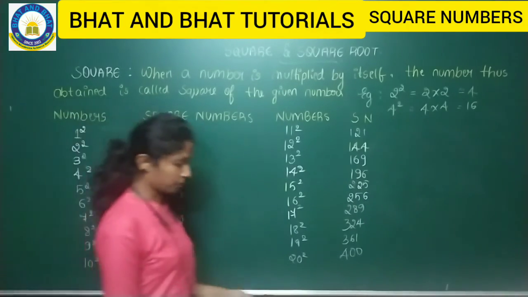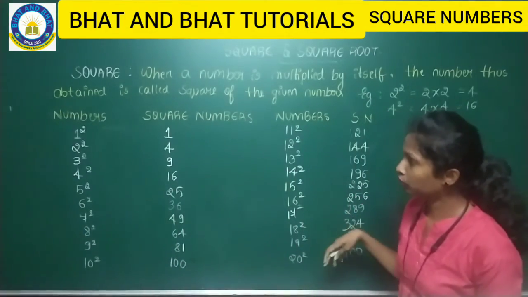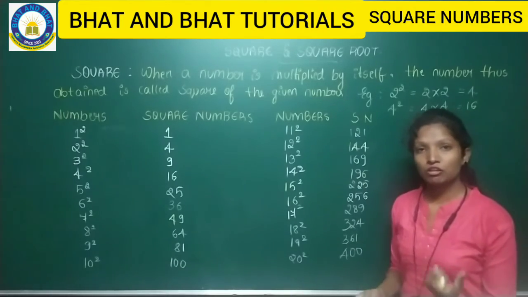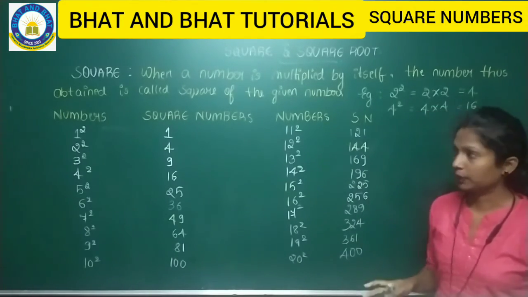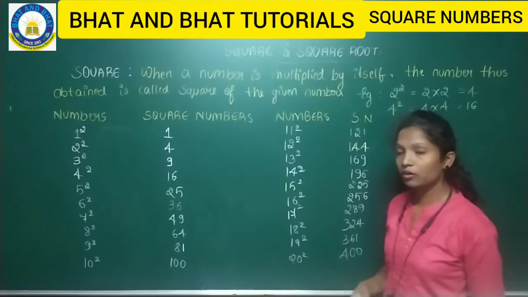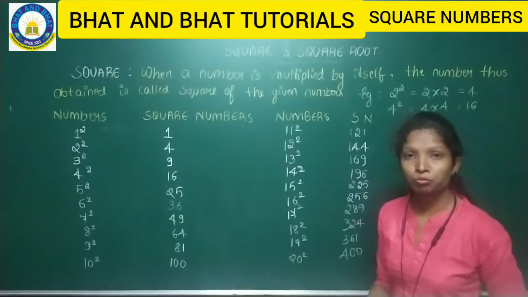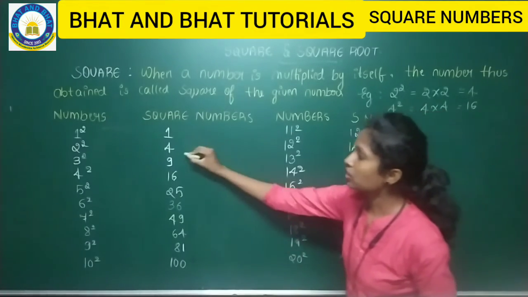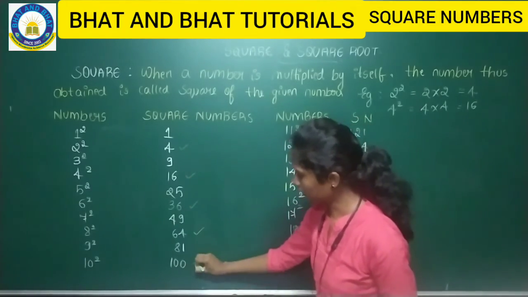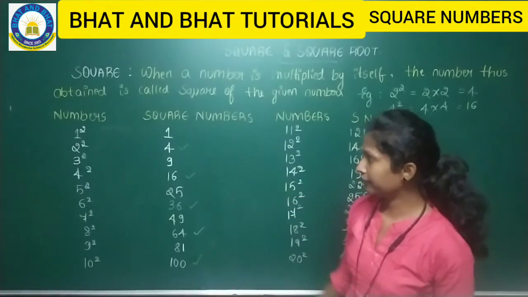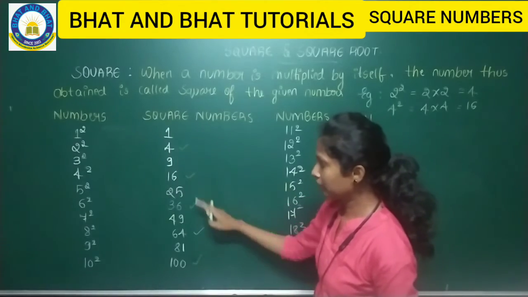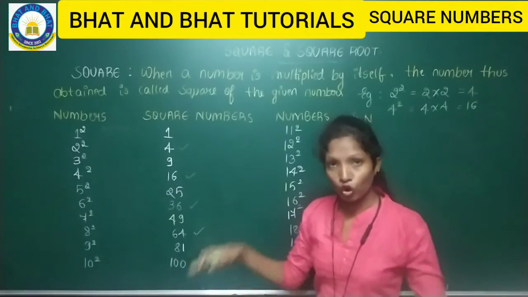Okay, fine. Hope you all copied this. And one more thing you can observe in this particular problem: the square of even numbers will always be even, and the square of odd numbers will always be odd. Here you already know what you mean by even number and odd number. So even numbers are 2, 4, 6, 8, 10. Okay, these are the even numbers. We'll concentrate only on 1 to 10 now. So the square of the even numbers will always be even.